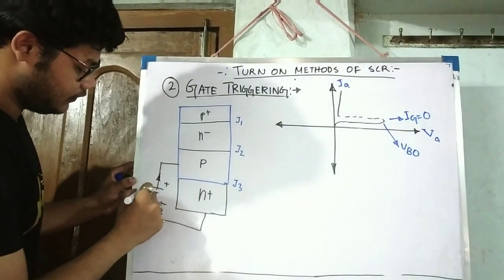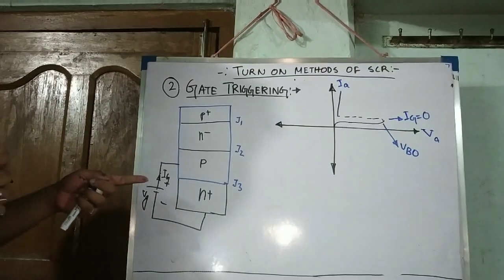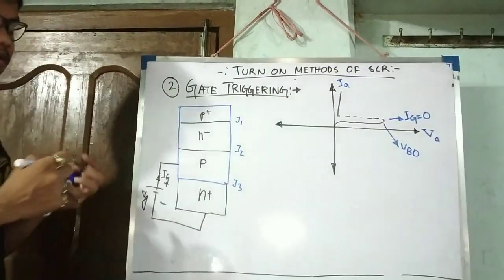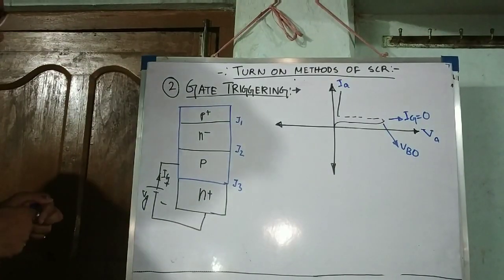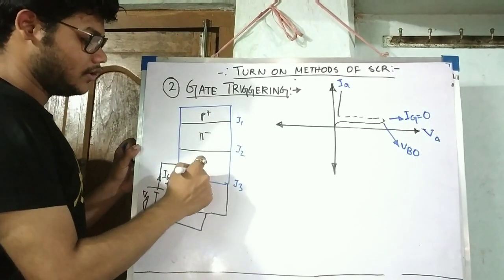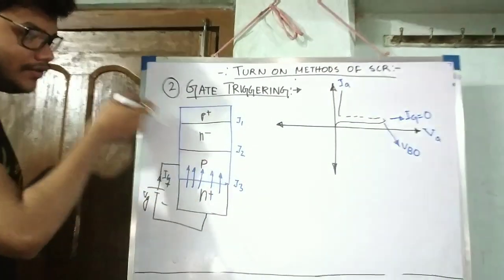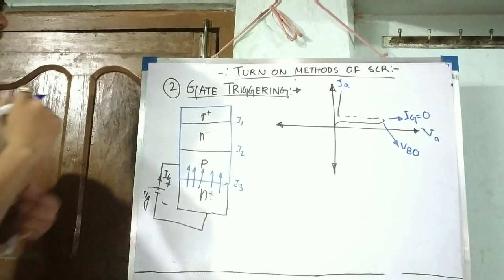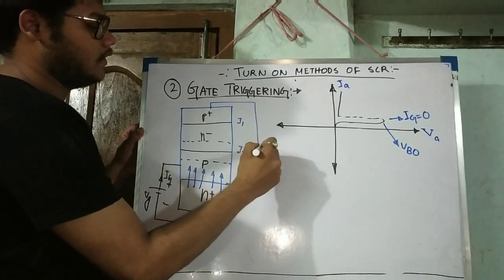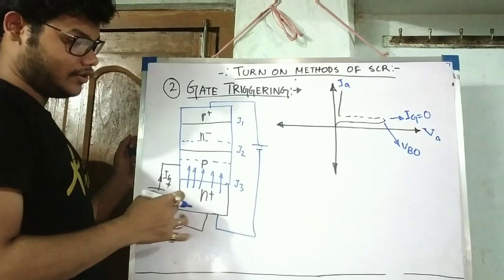Now if you have given some gate voltage, the gate current flows. Then what will happen? The carrier density in your P terminal increases, and as the number of electrons in the N plus layer is more, some electrons will come into your P layer, and some electrons will also drift away from the P layer. Here is your depletion region. You have applied forward voltage across the main circuit. This is the main circuit, and this is your triggering circuit.